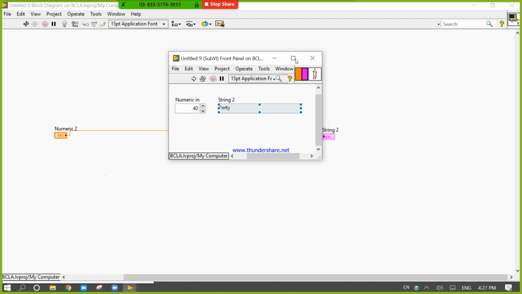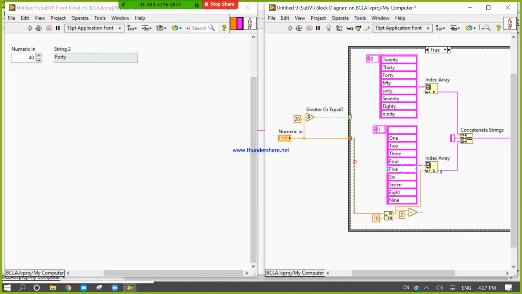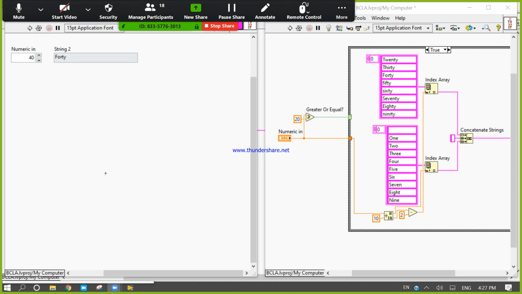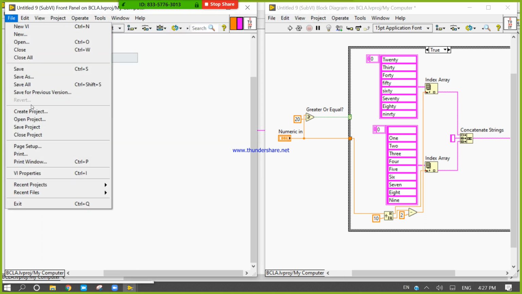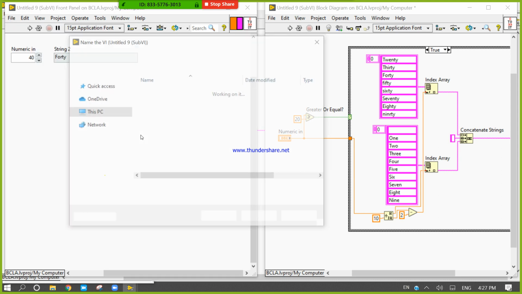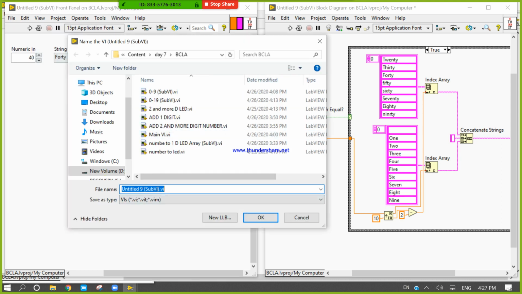Save it. Control T. I need to copy this one only. Control C. Save it. Save 0 to 99.